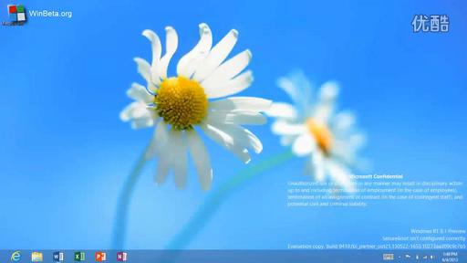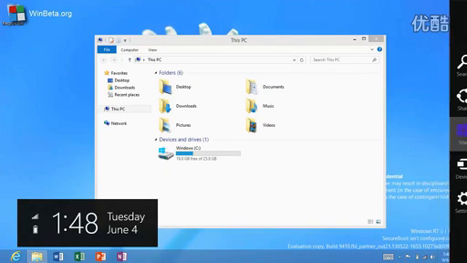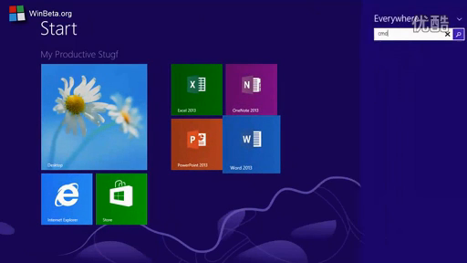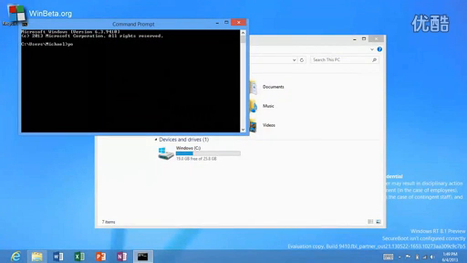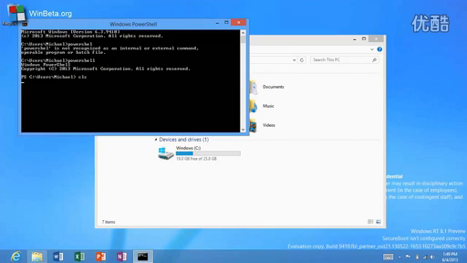We can get to the desktop. From the desktop, we do get File Explorer. Not really anything too surprising there. We could do something like searching for command, open a command prompt. From there, we could run PowerShell.exe. So we do get a reasonable environment, and if we type get command,